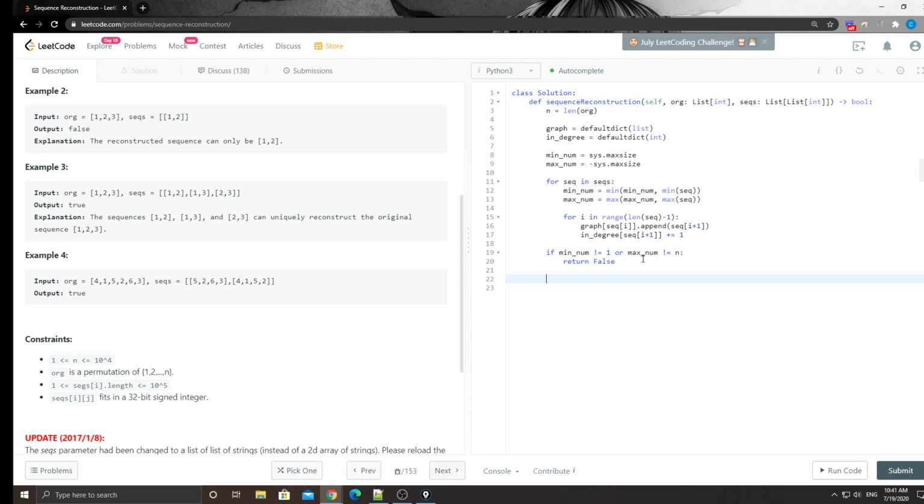Okay, once we finish that checking, now it's safe. We can finally get on to the real topological sorting algorithm here. Basically, we create a queue here, to hold all the nodes that have zero indegrees. To start with, collections deque, and then I'm going to start it with the